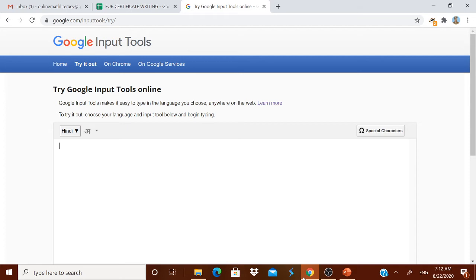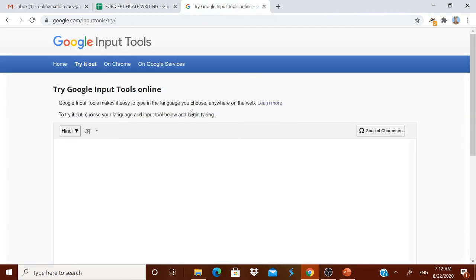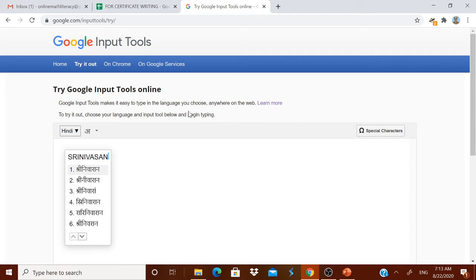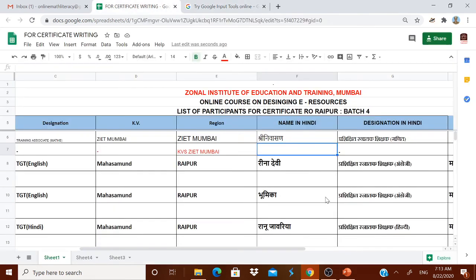For example, in my name here in Hindi there is a change I want to make. For that I will type. Okay. Now this one, the first one I want. Select it, come back to this and then paste it. Once again, the color is to be changed into red, which means that I have done a change. If there is no change, put one hyphen.